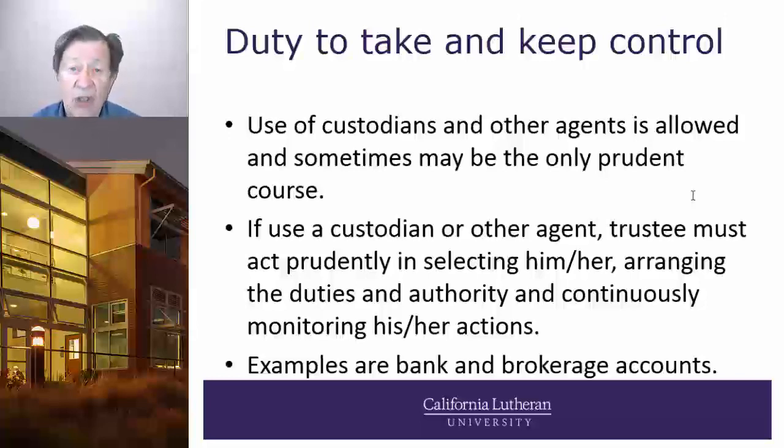You figure out the best person who can do this job for you, that understands the responsibility of acting under a trust. We also want to make sure we put in writing the duties and responsibilities of the individual, and we want to monitor them. The monitoring includes documentation of the monitoring. The examples that they typically give in courses are the bank and brokerage accounts. My example is usually the real estate in 4 different states because that's so obvious. But you have the same responsibility if you use a bank for storage of money or brokerage accounts for your securities. You've got to go through all the steps in picking it, arranging the duties, and the monitoring.